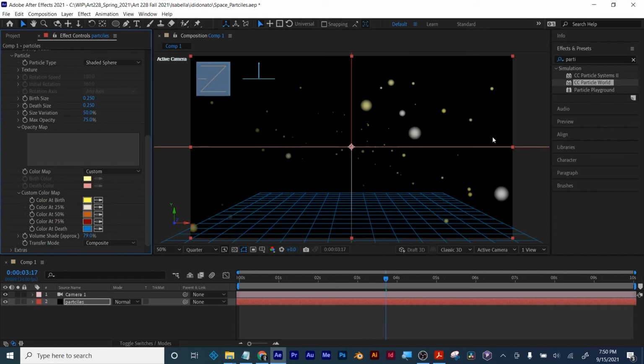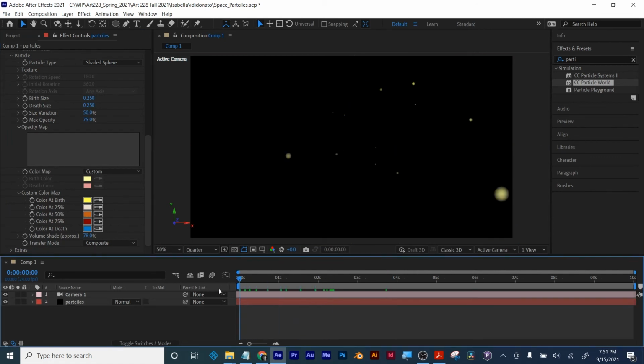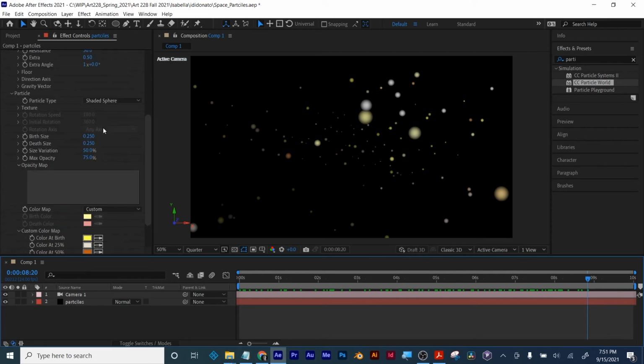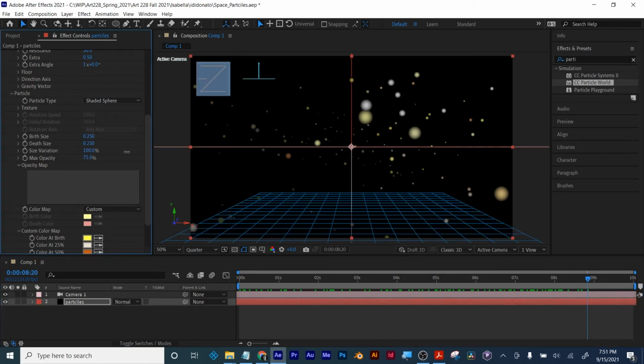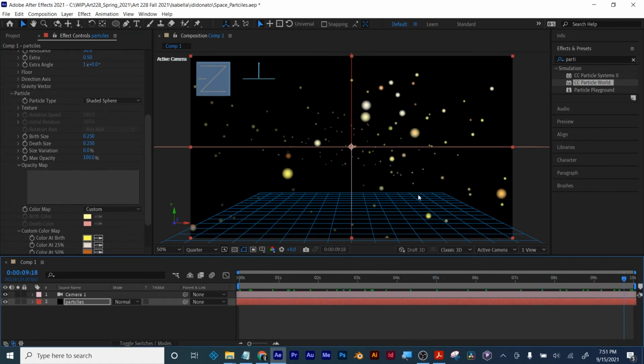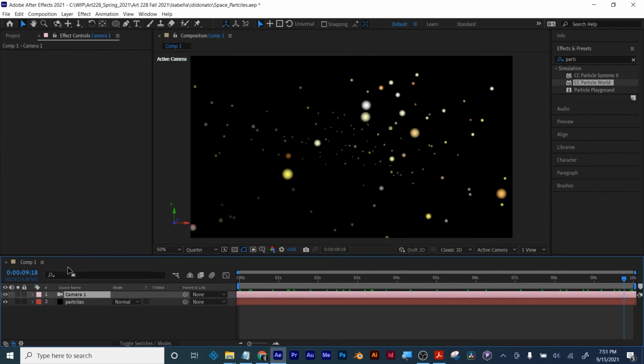And you can see the stars are different colors based upon how long they've been on the scene. So you just pick the colors that you wanted. Birth size, death size, that's how big they are. We'll give them all maximum opacity, like that. And now that we've got a rough star field laid out, I'm going to use my camera